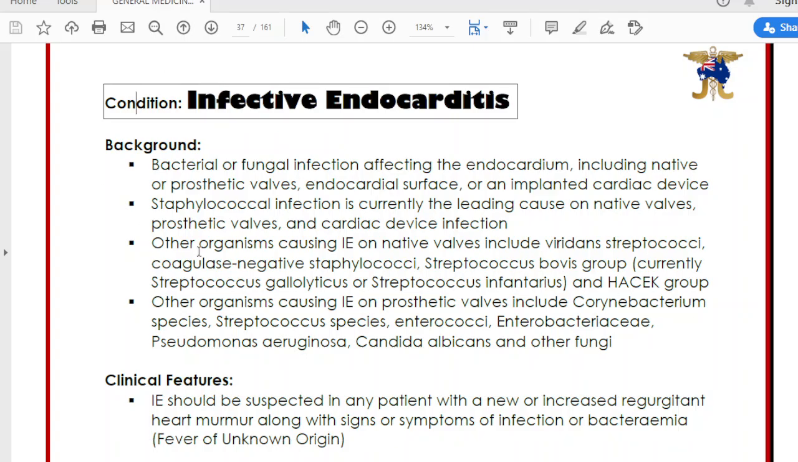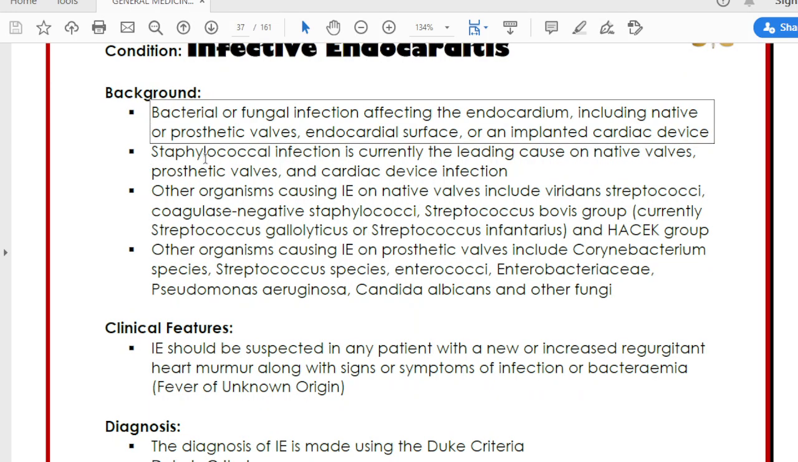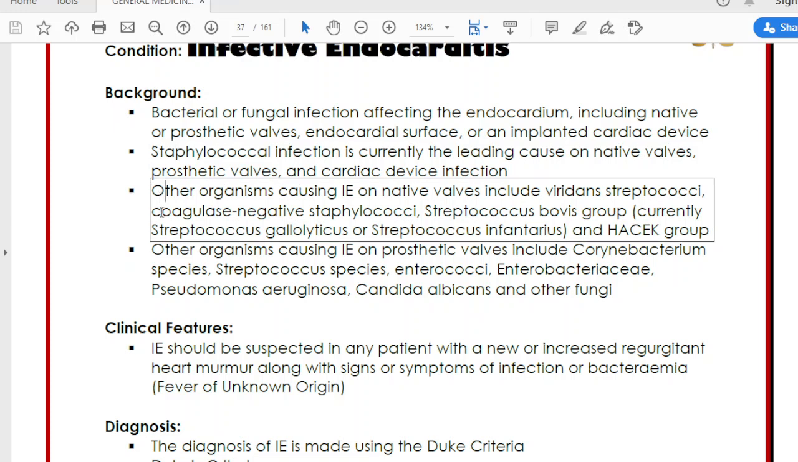Condition: infective endocarditis. Background: bacterial or fungal infection affecting the endocardium, including native or prosthetic valves. Staphylococcal infection is currently the leading cause on native valves, prosthetic valves, and cardiac device infection. Other organisms causing IE on native valves include viridans streptococci, coagulase-negative staphylococci, Streptococcus bovis group, currently Streptococcus gallolyticus or Streptococcus